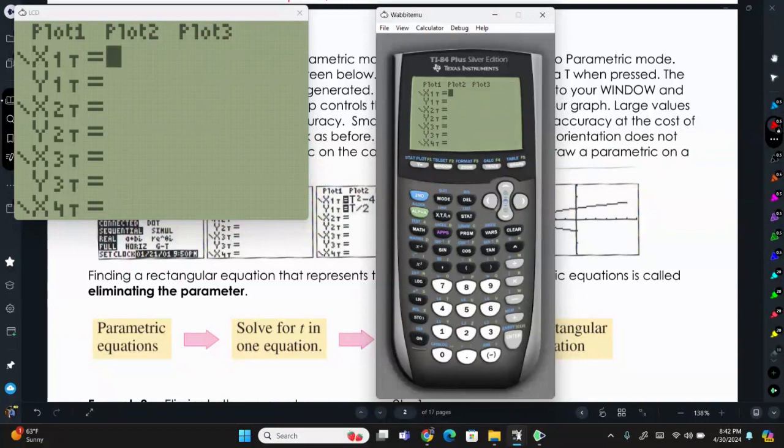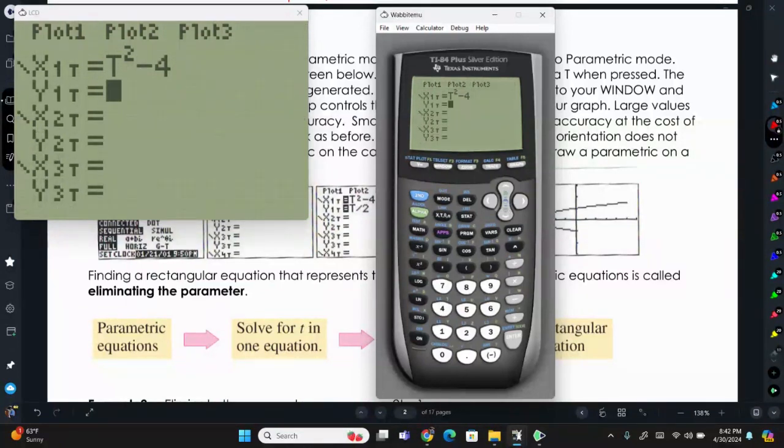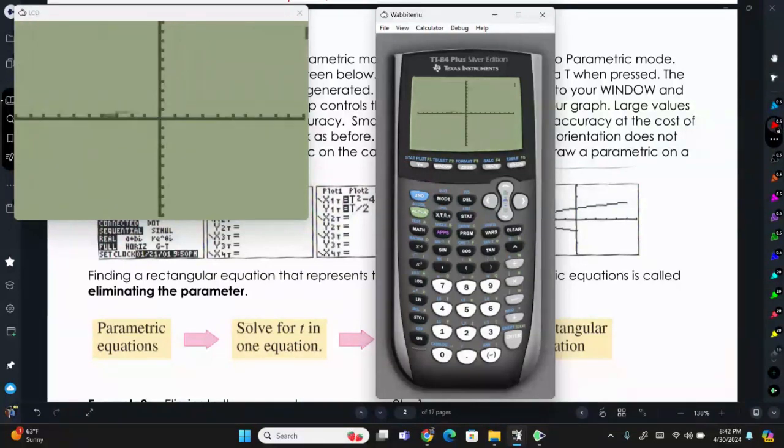So if I were to type in those equations from the previous page, instead of x, look at when I press the variable button, I get t. So t squared minus 4. And then the other one was t divided by 2. Now when I graph that,